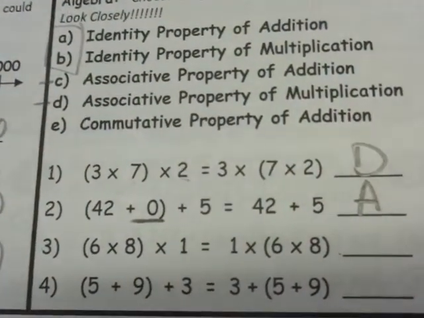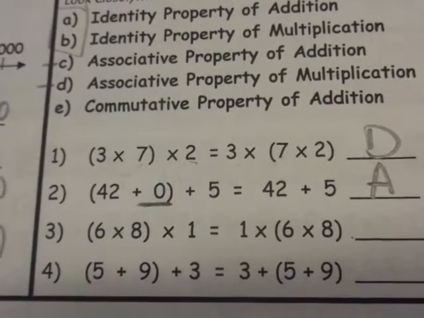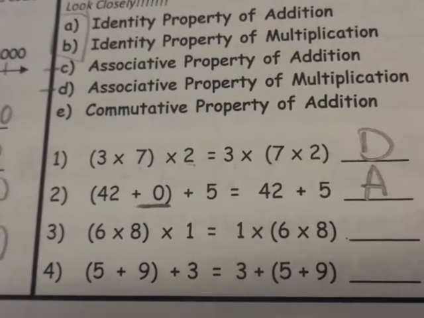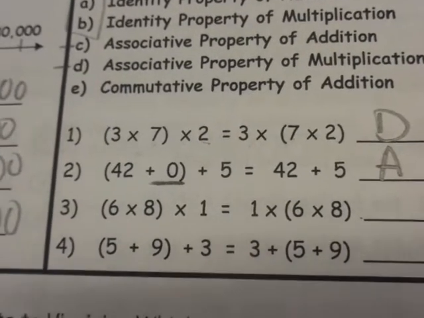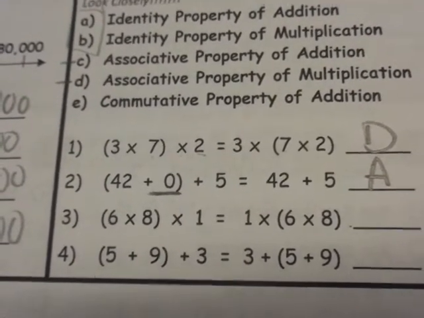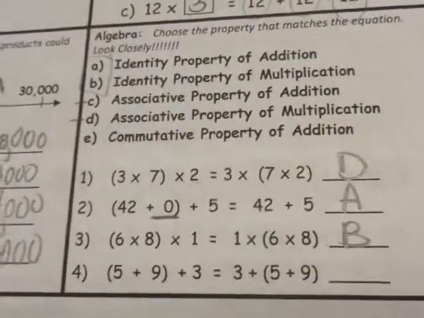It's addition, so identity property of addition. Number 3, 6 times 8 times 1 equals 1 times 6 times 8. Well, that shows me that it's multiplying itself by 1. It's keeping its same identity. So that's B, identity property of